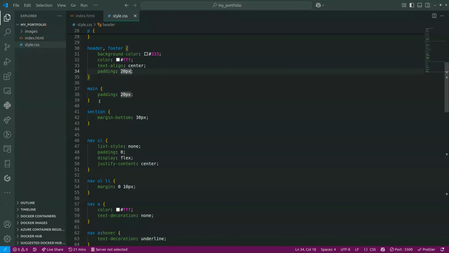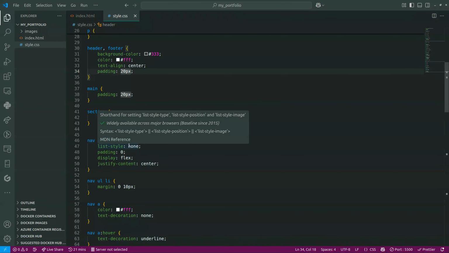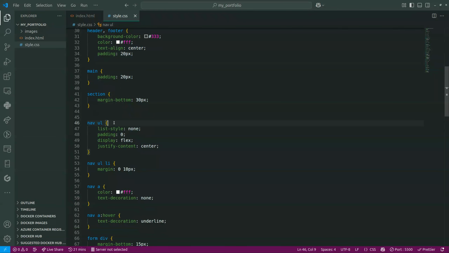And then we have the main section. I'll just leave it as is. We have the navigation. Okay, I think we can just target the navigation here. So I'm going to give the navigation